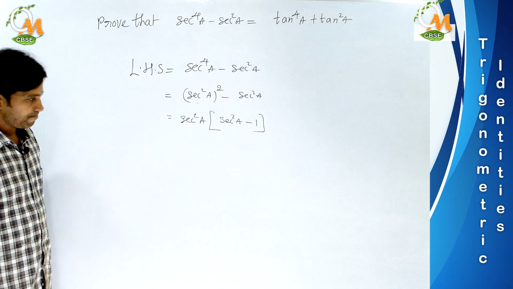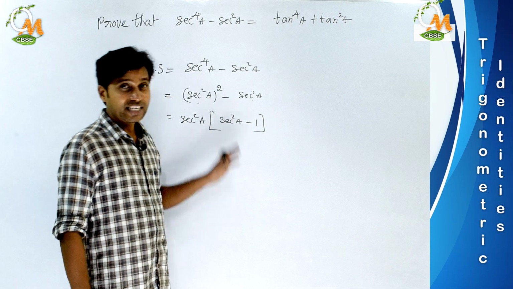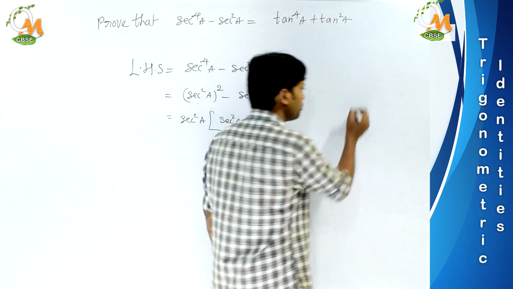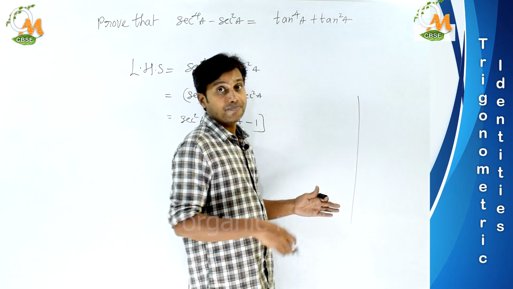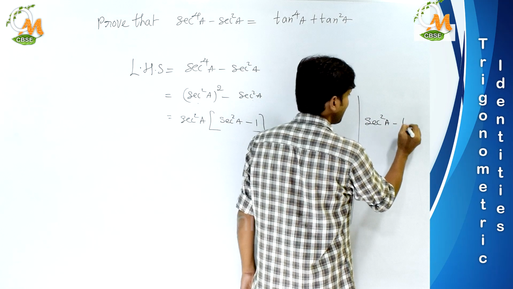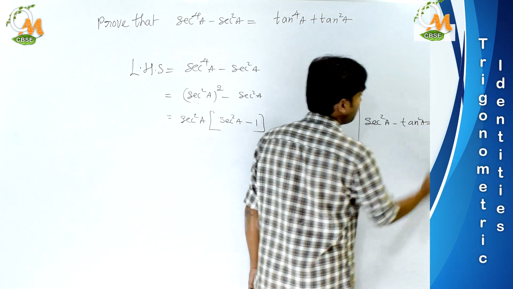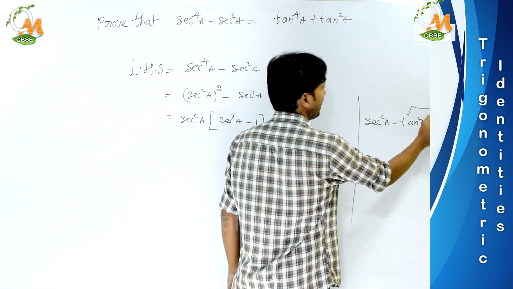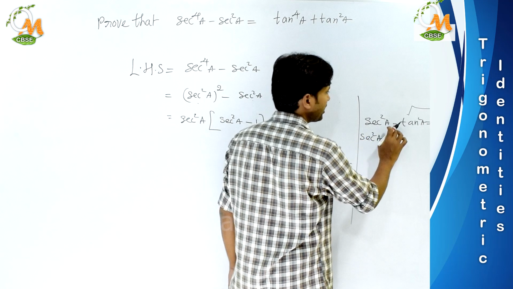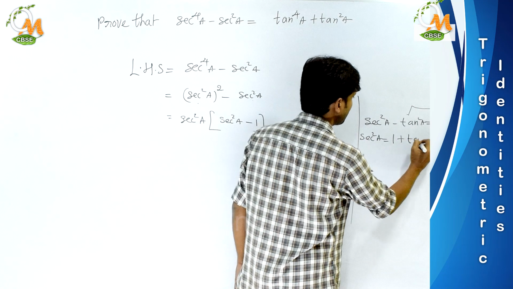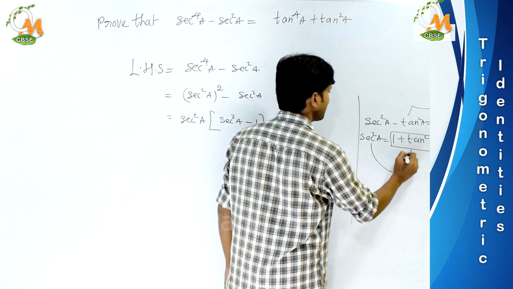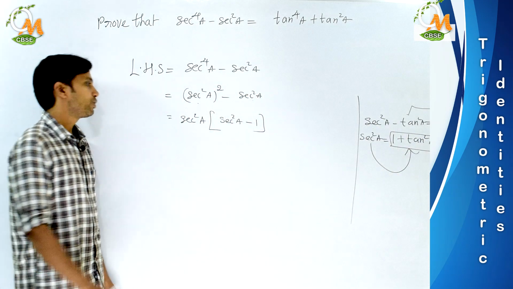Okay. Now just see, here we have the expression in secant terms and we need to obtain it in tan terms. So we need to use the second trigonometric identity, that is secant square a minus tan square a equal to 1. Now take this tan square a to the other side. Then what happens? Secant square a equals 1 plus tan square a. Now wherever you get secant square a, you can substitute it with 1 plus tan square a, right?